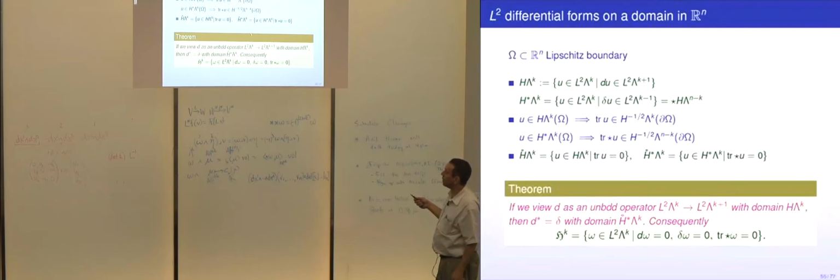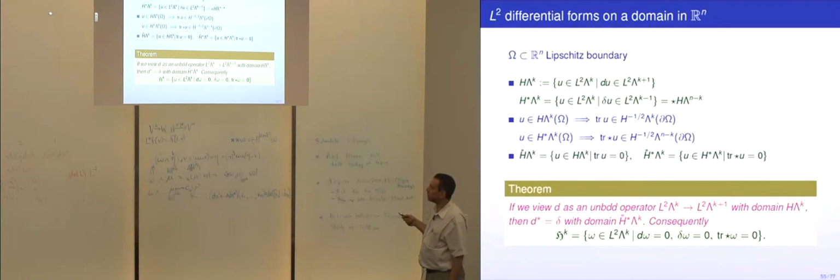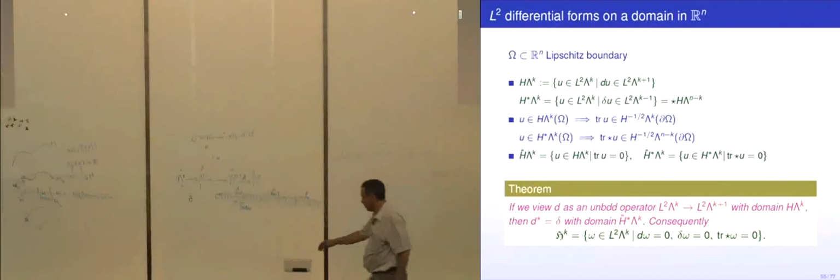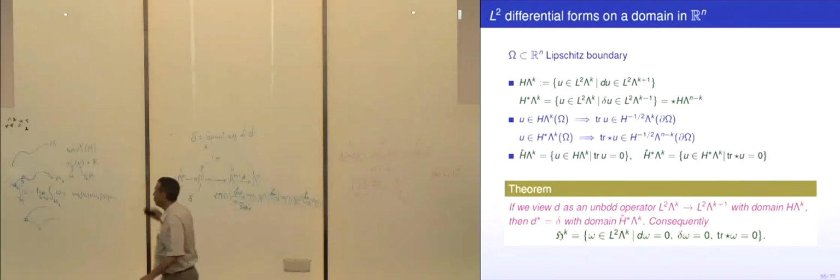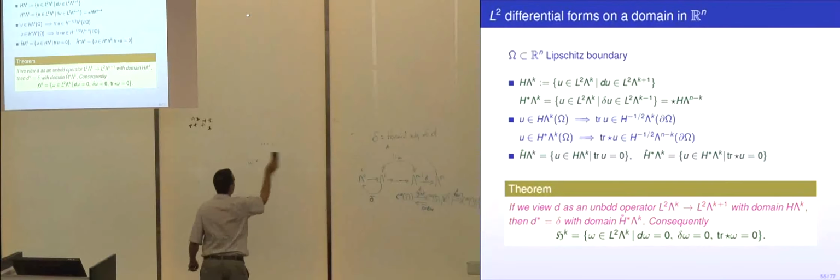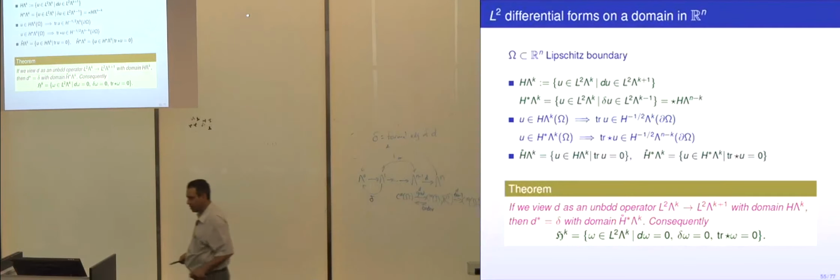Okay, so this is a calculation from these definitions. And therefore, harmonic forms in this thing, that's things for which D is 0 and D star is 0. So those are things in L2 Lambda k such that D is 0, delta is 0, and the trace of star omega is 0. So it's in H0 star Lambda k. So everything I wrote there is sort of easy formal stuff, except the stuff involving trace, where we had to take into account we had a Lipschitz boundary. And I'm not going to prove that, but I want to explain one thing that might puzzle you.